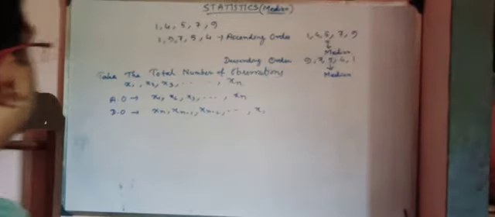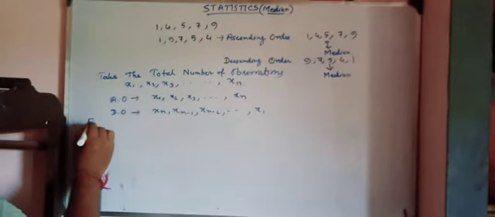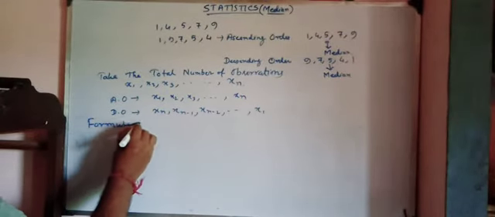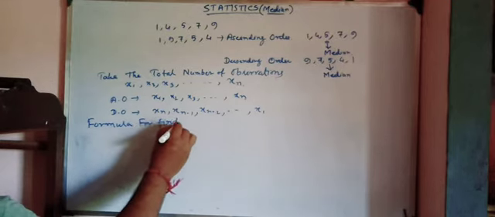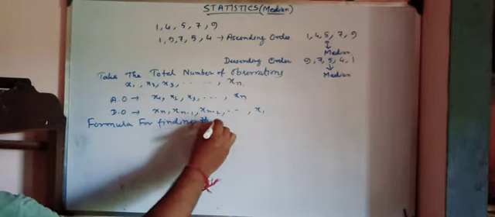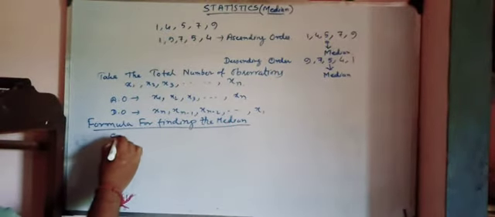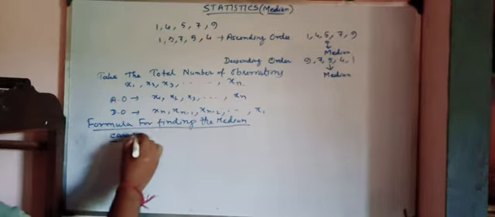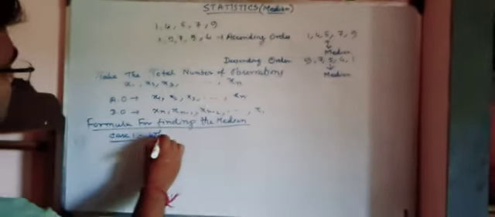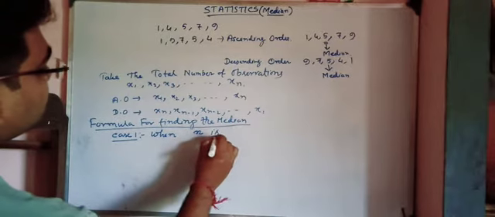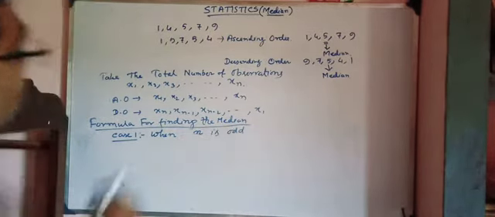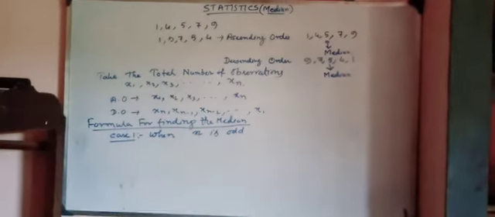For finding the median there will be two formulas. In the first case, when n is odd, we are taking n numbers over here, then the median is equal to